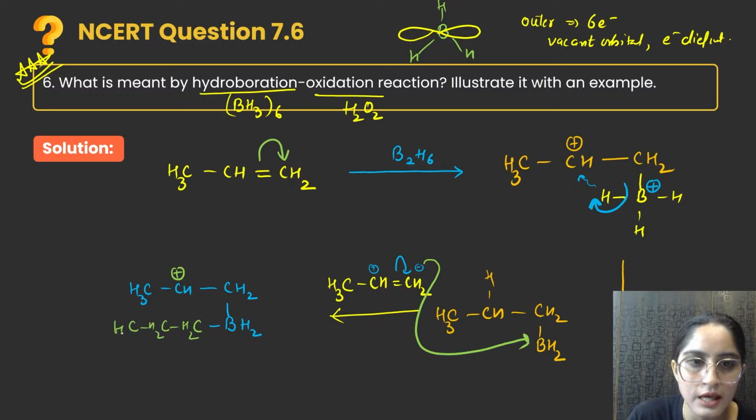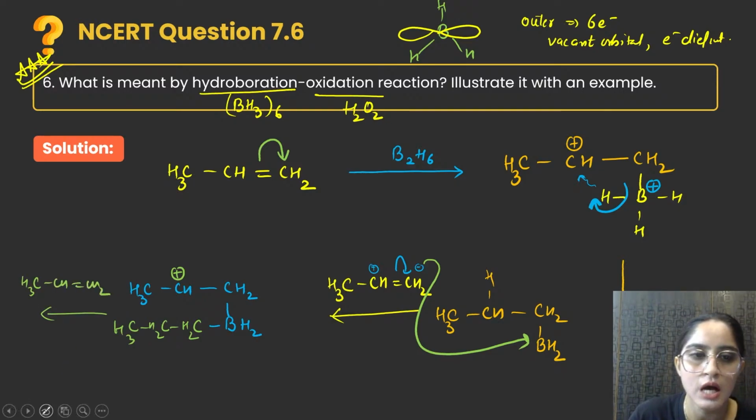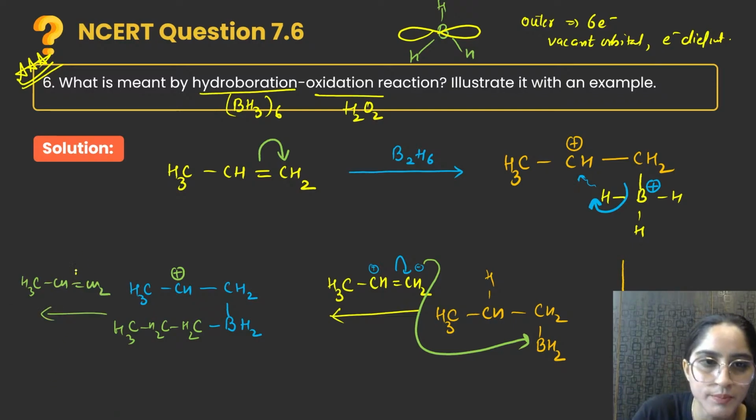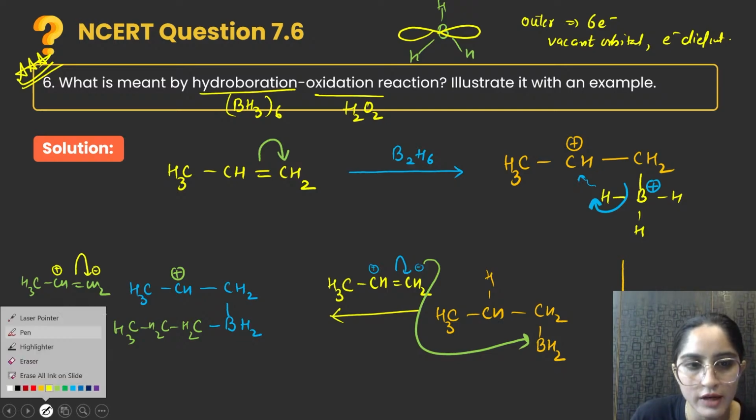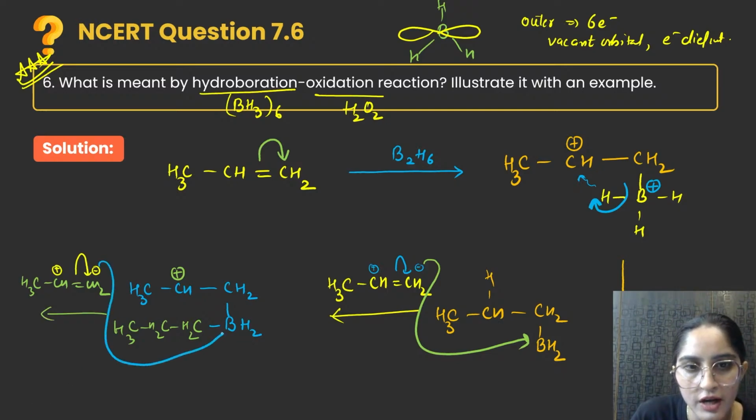CH2, CH3, okay? Then beta, again this will happen, you will again add CH3, CH double bond CH2. Again beta, this will jump, this will be negative, this will be positive. Now beta, again what will happen? This negative will attack on this boron, right? Okay, or you can see the opposite, right? The deficient will jump on the more electron, where it will see more electrons.